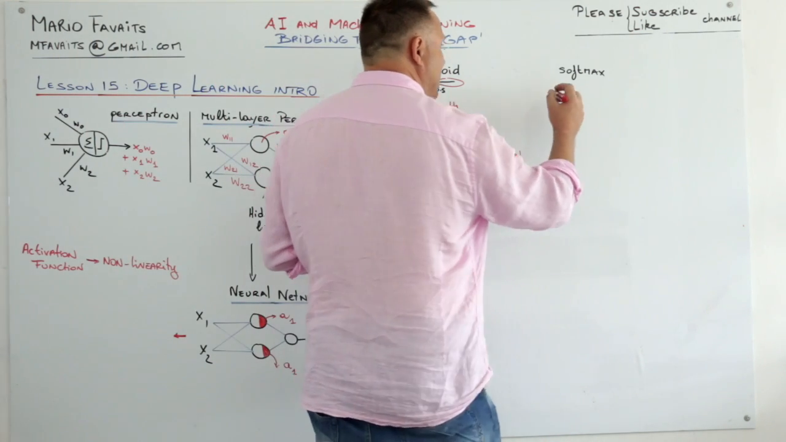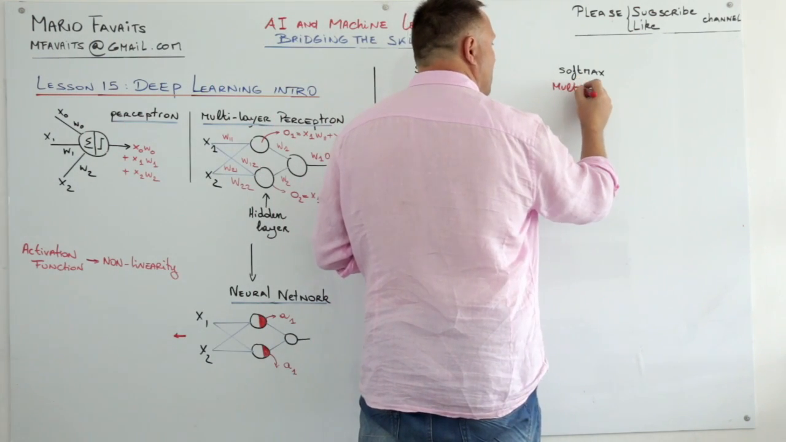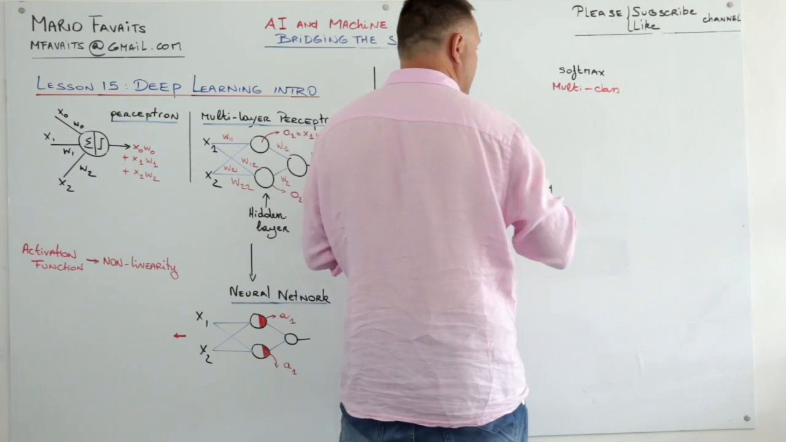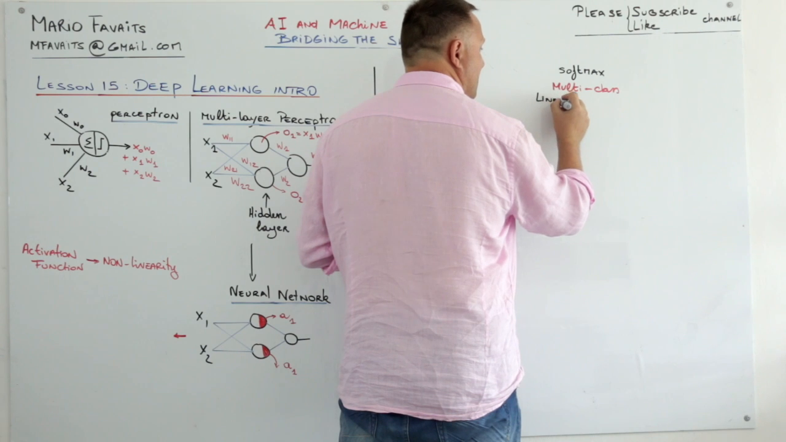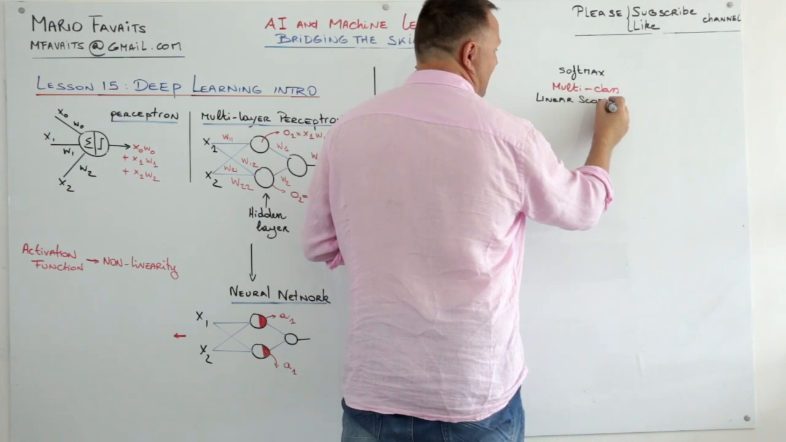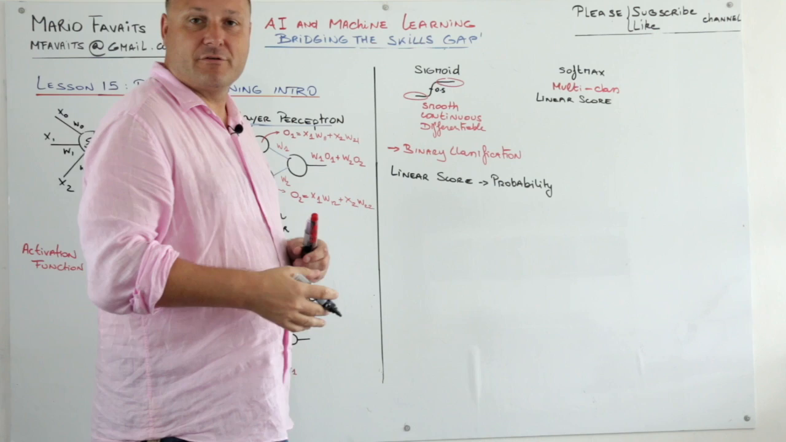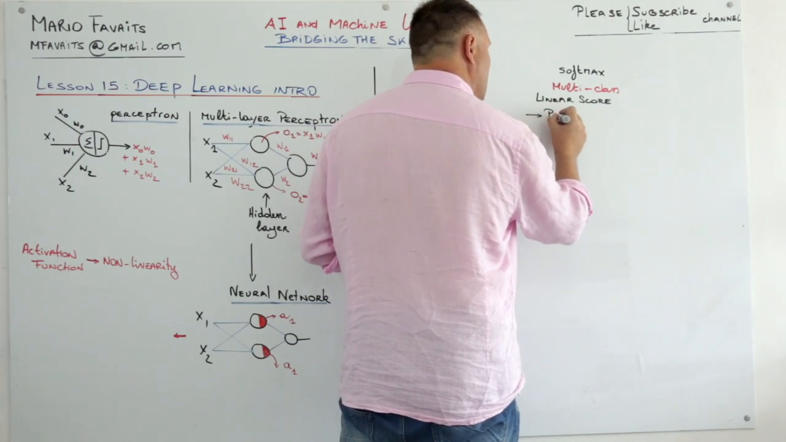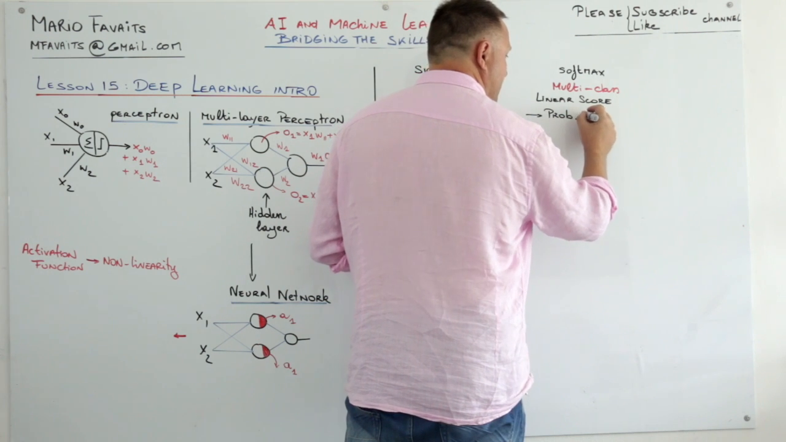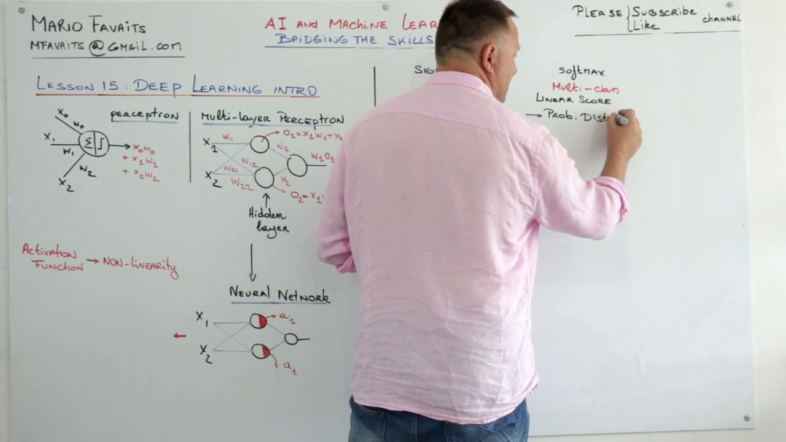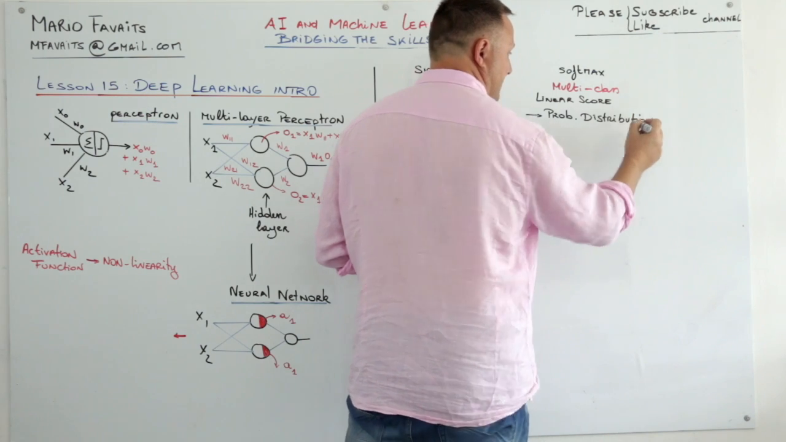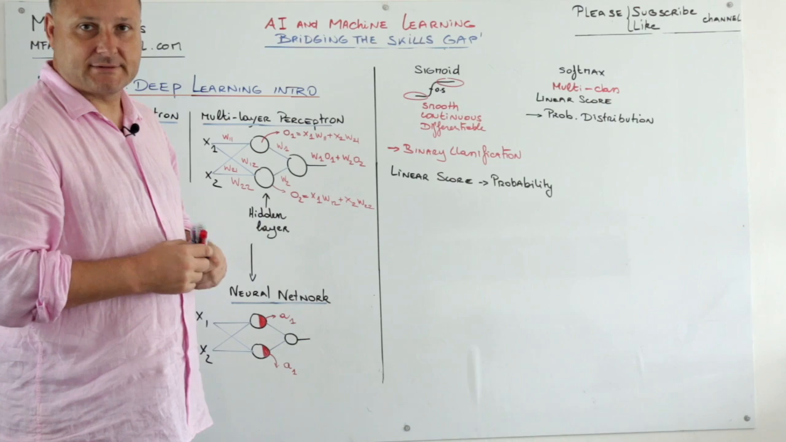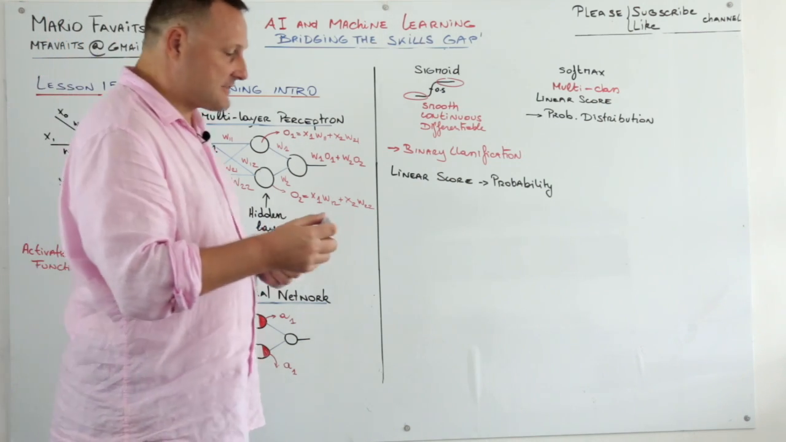Softmax is for multi-class. And what softmax does, it converts a linear score not to a probability, because we have more than one class, but to a probability distribution. So it converts a linear score to a probability distribution. We will be using a lot of softmax. Yeah. Then the last one is